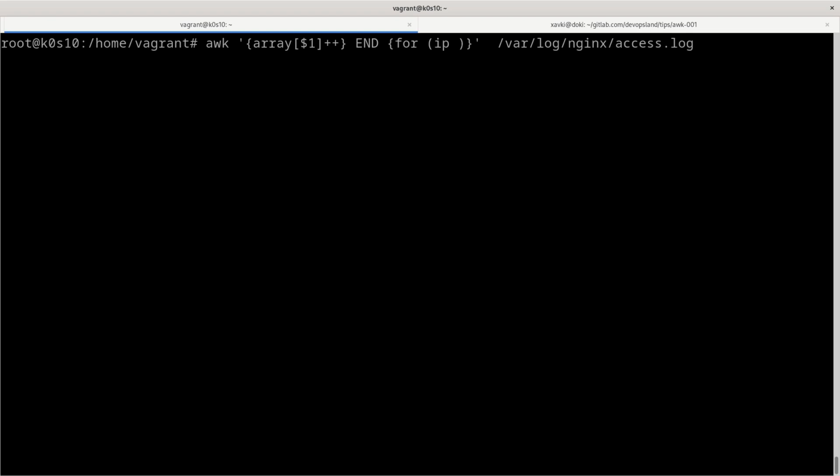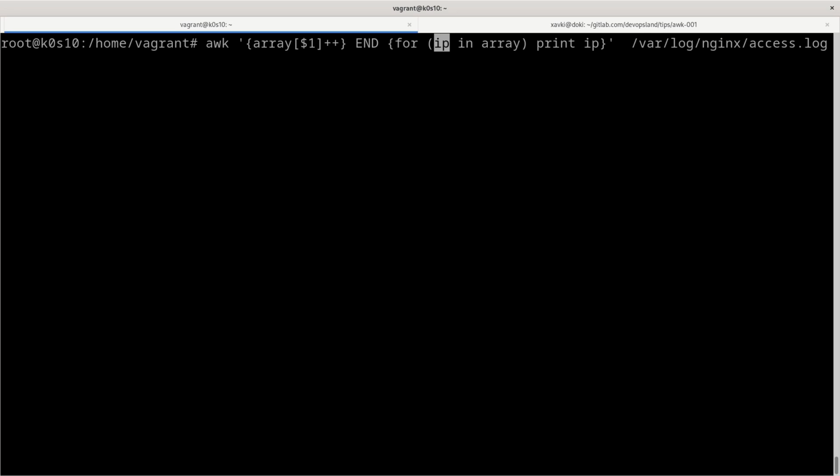IP is just an index of the array, so we go through our array, and for each entry of our array, in our case we have only 2, the localhost and the external IP, we just print the IP.